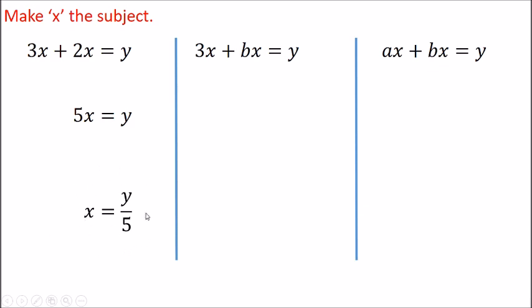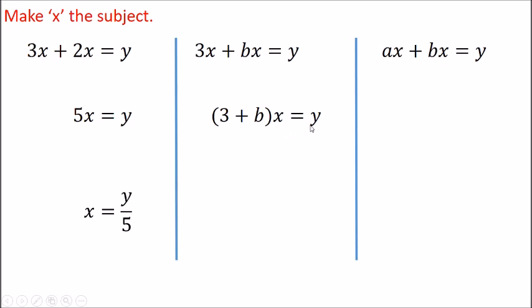Okay, not too difficult. However, what happens if I have something like this? So 3x plus bx equals y. First of all, notice how similar the question is. Instead of a 2, it's turned into a b. How does that affect my outcome? Well, the first thing I'd done in my first question was I collected up my like terms. So I'd done 3 plus 2. So in this question, wherever I do 3 plus b, that tells me I've got 3 plus b lots of